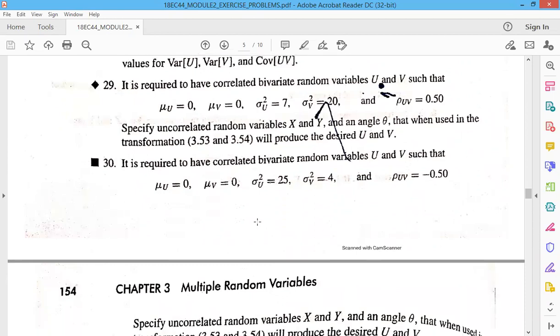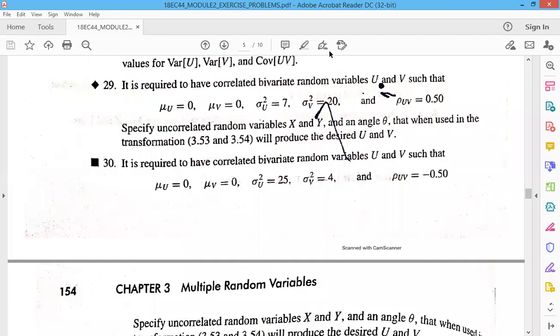So it is required to have correlated bivariate random variables u and v such that the mean of the random variables u and v must be equal to 0. That is, mu u and mu v are equal to 0. And the corresponding variances are given as 7 and 20. That is, sigma u square and sigma v square are given. And the correlation coefficient rho uv is given as 0.50. So given these parameters, we are asked to specify the uncorrelated random variables x and y and an angle theta